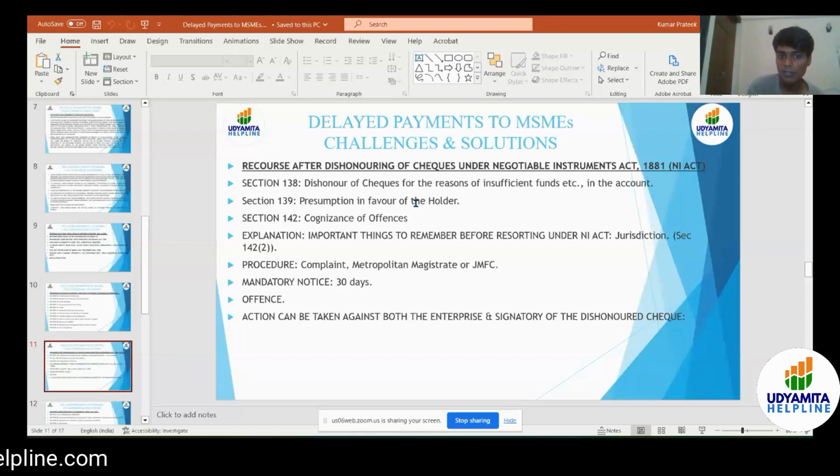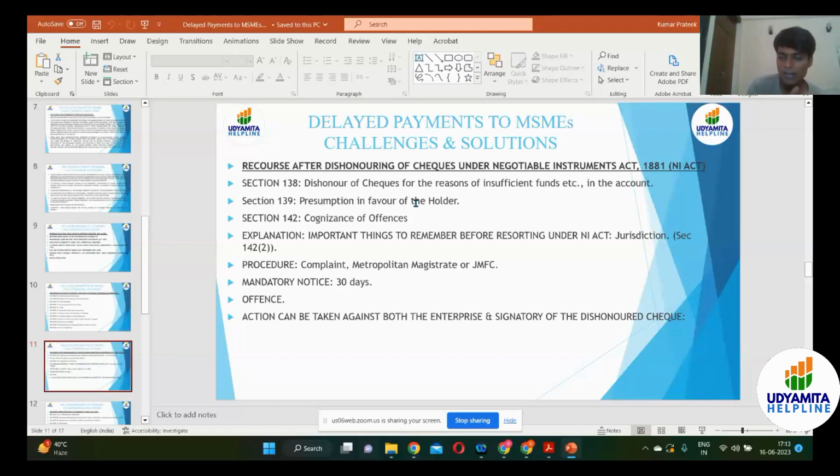And section 142 is the cognizance of offense. Then who can take cognizance of the offense? The metropolitan magistrate or the judicial magistrate first class has the authority to take cognizance of the matter on the complaint, right? So